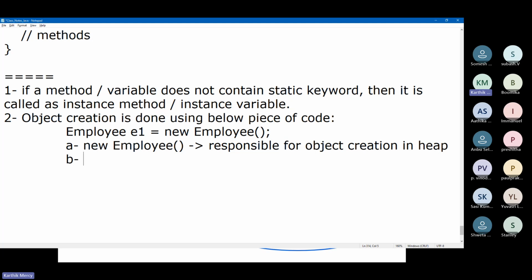Next bit: Employee e1. What is this one saying? This is for creating a reference variable.